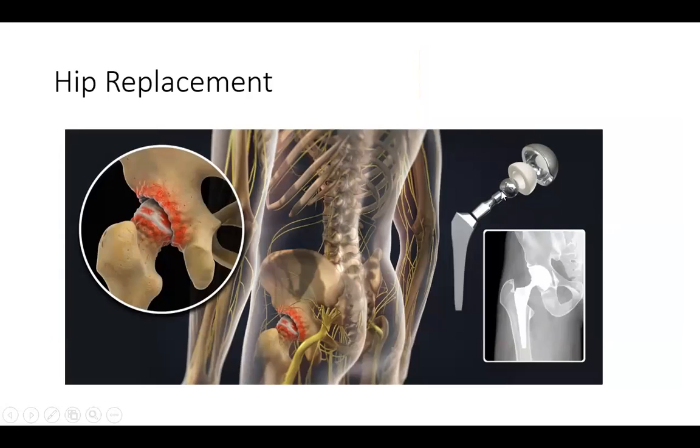We have wear and tear at the hip. We do hip replacements all the time. The head of the femur and the neck of the femur wear out over time. The acetabulum wears out over time through constant motion and wear and tear. And what we'll do is we will simply cut off the head and neck of the femur and put an